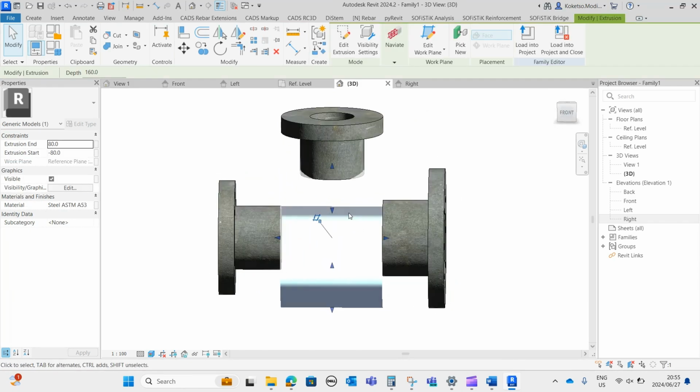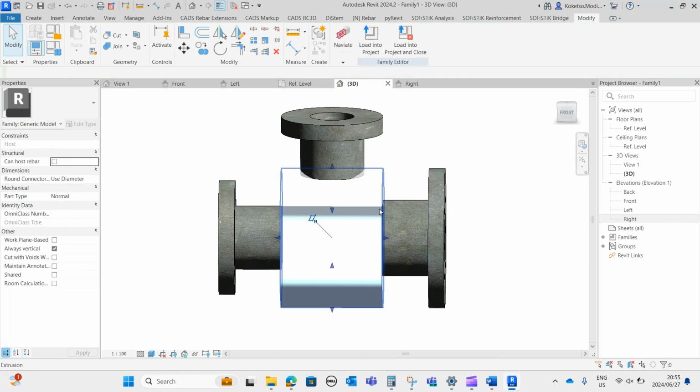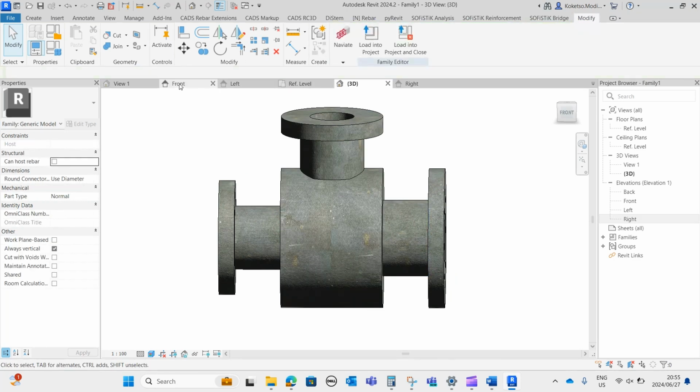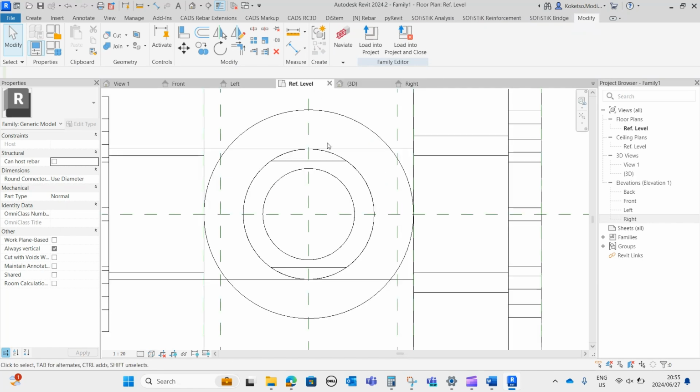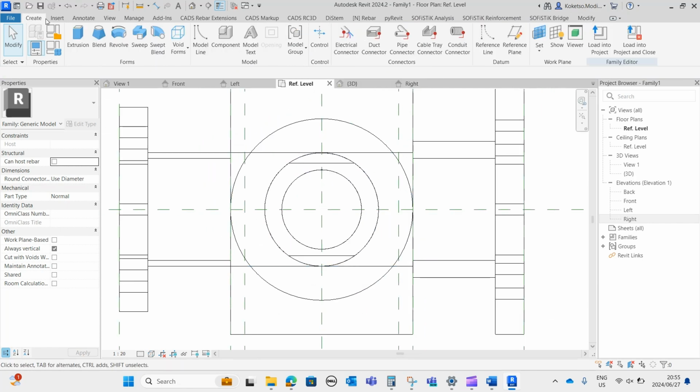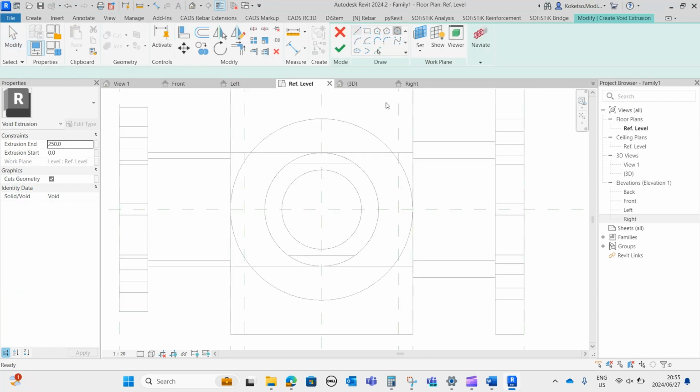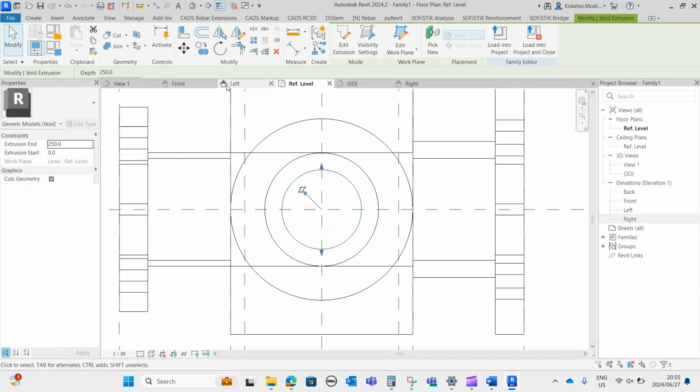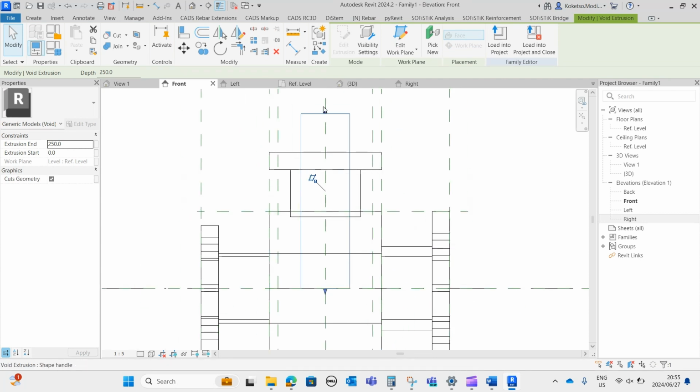And obviously, we're gonna have to place a void on top. So if I go to the front, actually if I go to the reference level, I'm gonna say create and say extrusion, void extrusion, and then I'm gonna select my circle, and then I'm gonna place it on this insertion point like this, and then say finish edit mode, go to the front elevation, and then I'm gonna drag